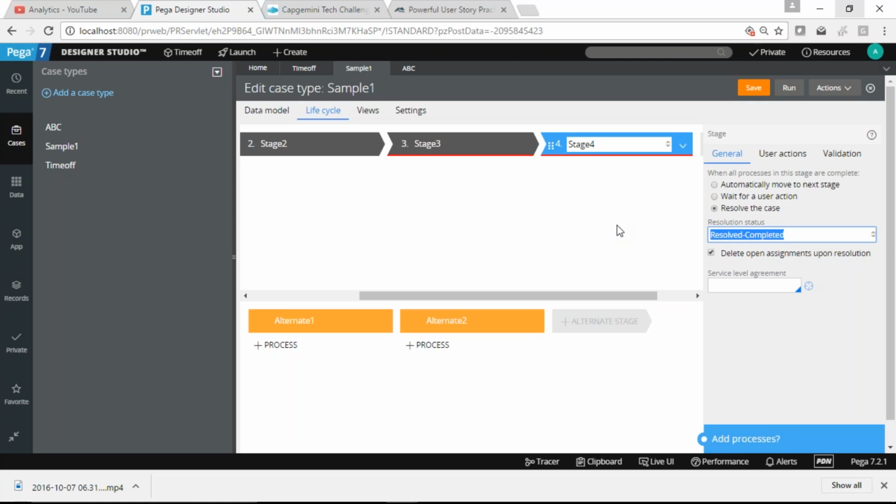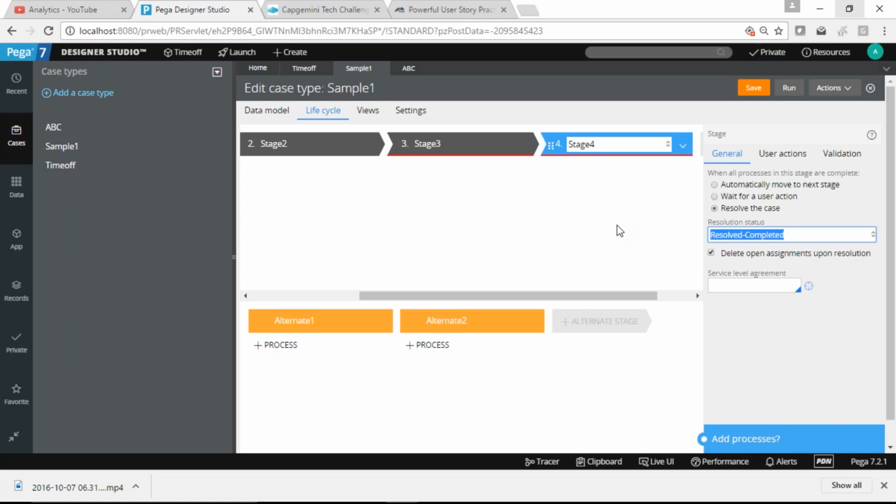Resolution means the conditions under which you want to resolve your case. Within that stage, you have multiple conditions to resolve your case. If that condition is satisfied, then only your case is going to be closed or resolved. So you can set multiple steps, and within them multiple conditions to test to resolve the case. Depending on the condition, we can have the resolved state. Like if condition 1 then resolved, if there is some other condition then resolved. It depends on the condition.